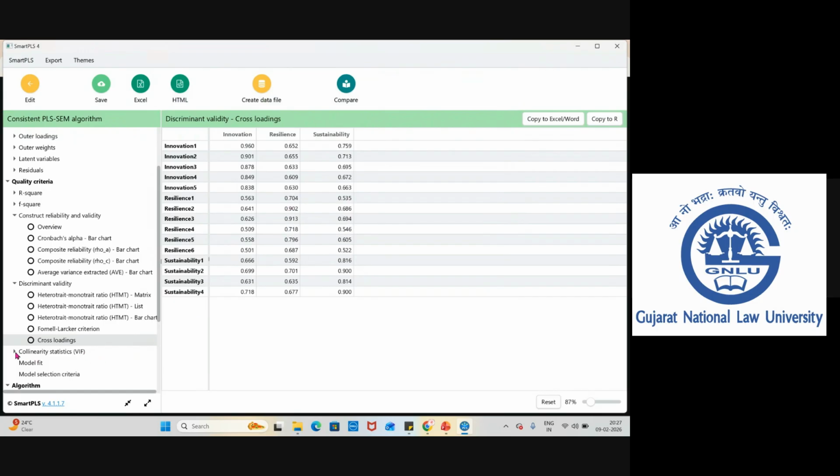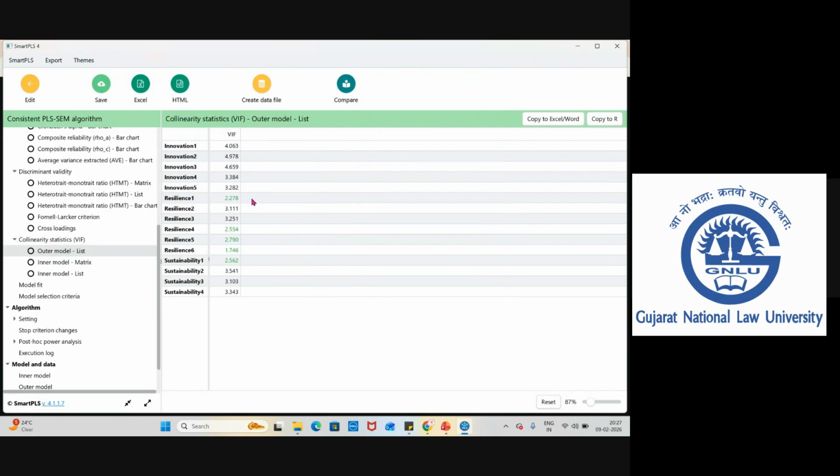Coming to the collinearity analysis, the VIF value should be less than 5.0. You can see that all the indicator values are less than 5.0, which means there is no multicollinearity issue in our study.